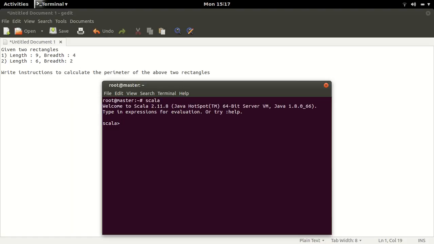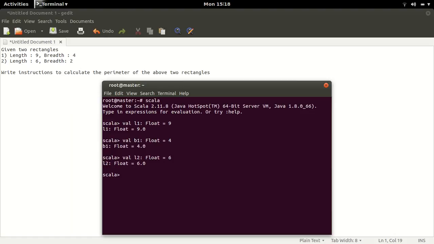We create variables for the length and breadth for each of the rectangles. So where we have a val, because the value of length is not going to change at a later point in time in the program, we don't use a var, we use a val, say L1 of data type, say we keep the float option open, equal to 9, and you have val b1 representing the breadth of the first rectangle, data type float, the breadth is 4, val l2 of data type float,